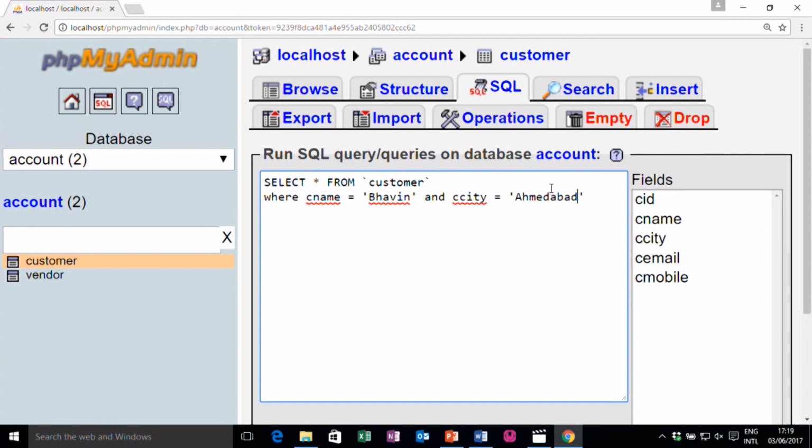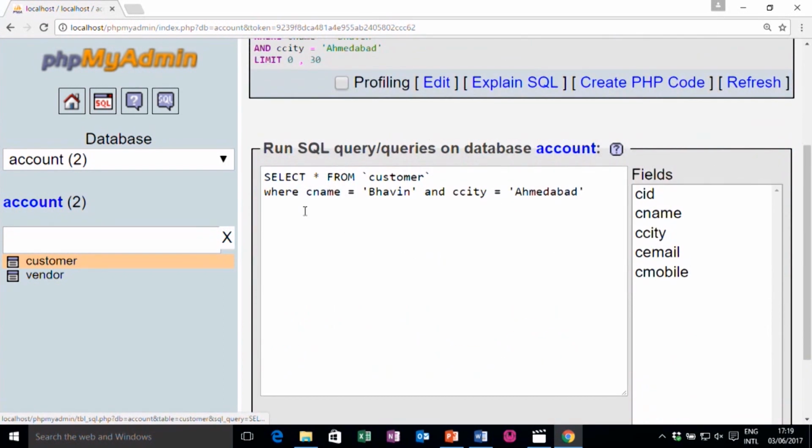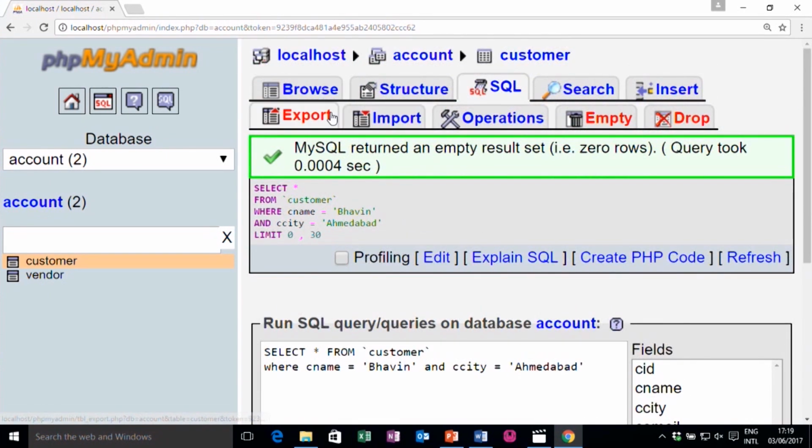So, it will check both the conditions, name and city.